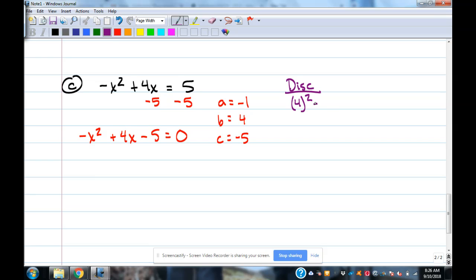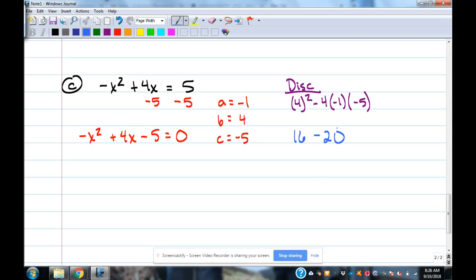Four squared minus 4 times -1 times -5. I always put those in parentheses. That way, if I go to put them in the calculator, I make sure that I put them in parentheses when I type them in there as well. Okay, that's just a good habit to get into with these numbers, because if you happen to have B as being a negative number, which none of these have yet, when you put that in the calculator, you definitely want it in parentheses, because it won't do it right if you don't. Okay, so that'd be 16